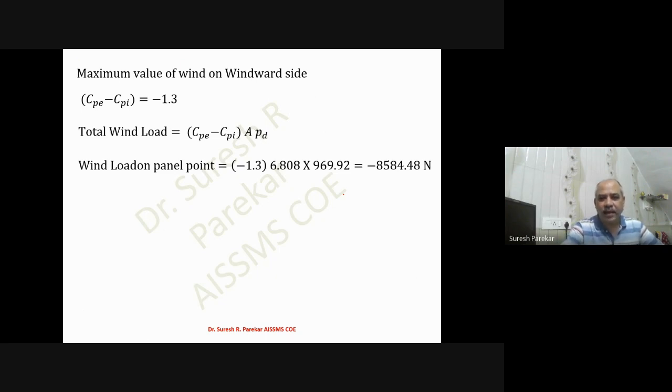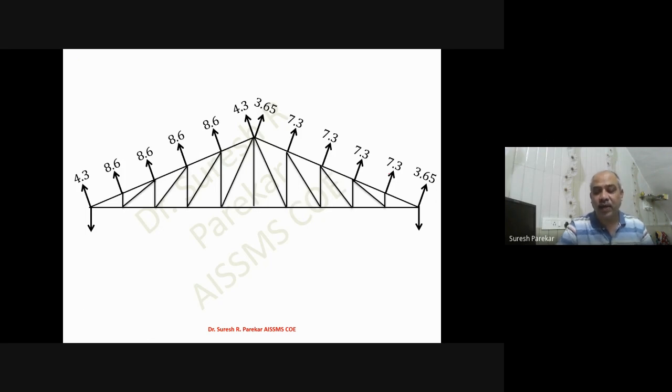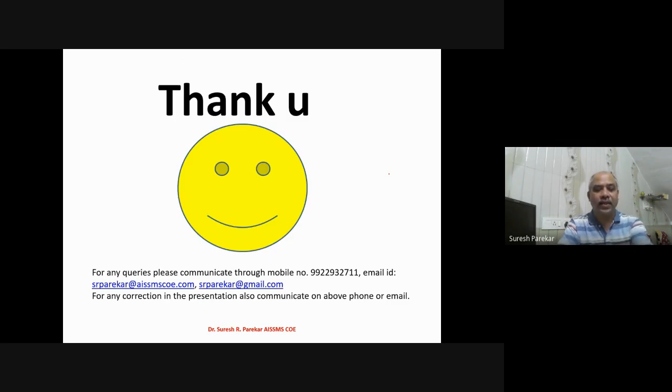So this will be now A. Here again we have to consider inclined area 6.808, and if you see the value, you will get the same value, minus 8.6 kilonewton. So that change you have to keep in mind, and then calculate the values. You can go by any one way and calculate the panel point load. No change, only we have to understand that if we go by panel area, then those two purlin loads have to be divided on all panel points. That's all. So thank you. We will stop here.